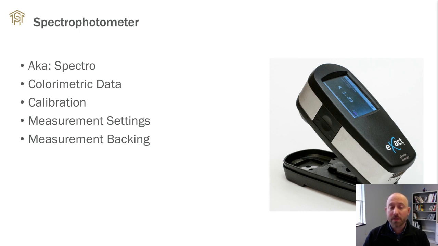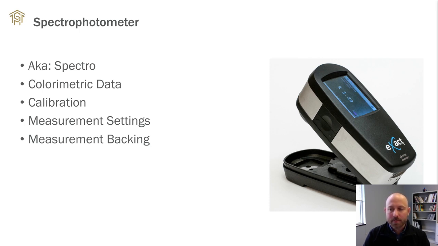So if you are trying to print process color, or you're trying to match a particular Pantone color, you're going to need one of these nearby. It's something that the press operator should have on hand. Any kind of ink formulation person needs to have one on hand. Also, these devices need to be calibrated. Now, this is an image of the spectrophotometer that we have in our lab. It's an X-Rite eXact